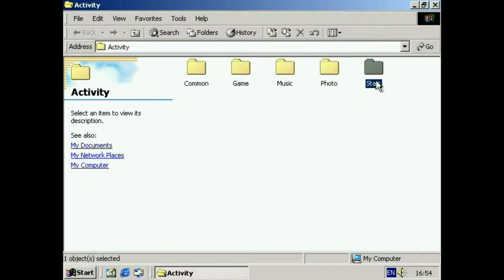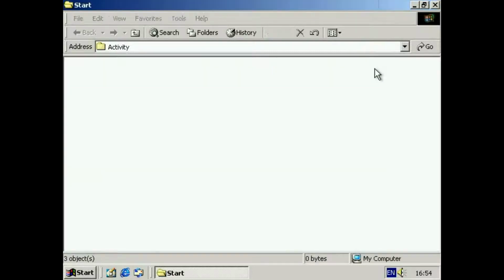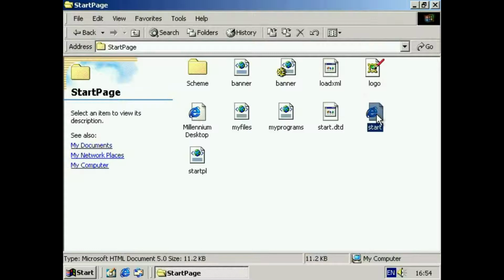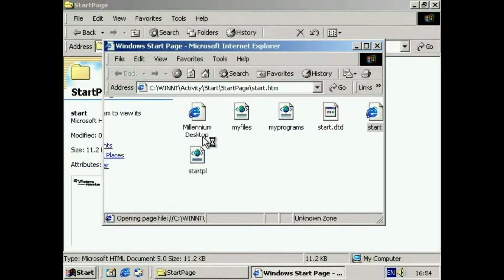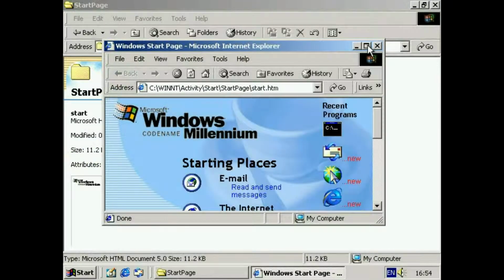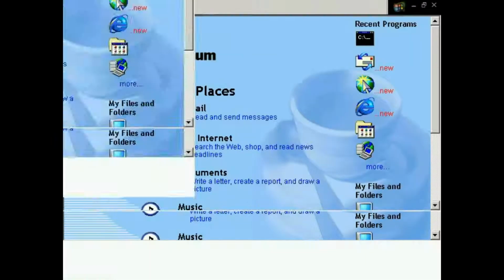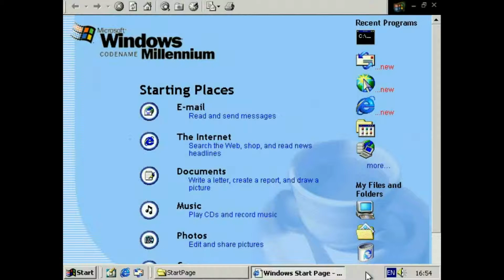So basically, if we go into Start page, and Start Again, or Millennium Desktop, whatever you prefer, because they're both exactly the same. Now maximize this, go up to View, Full Screen, and this is what they were hoping for the actual desktop to look like. This is an early Millennium build, although this can be found on the Neptune disk for some reason,